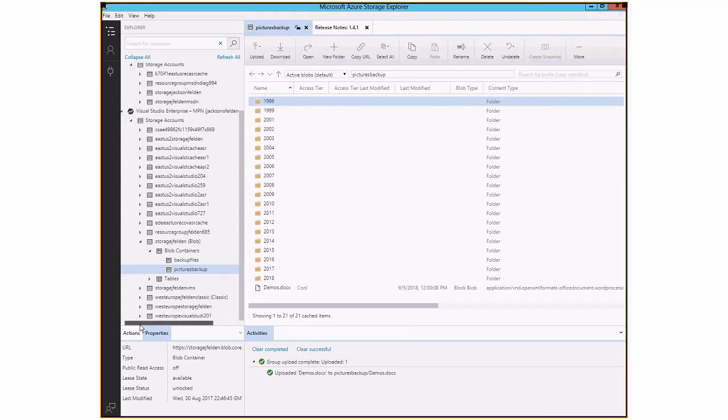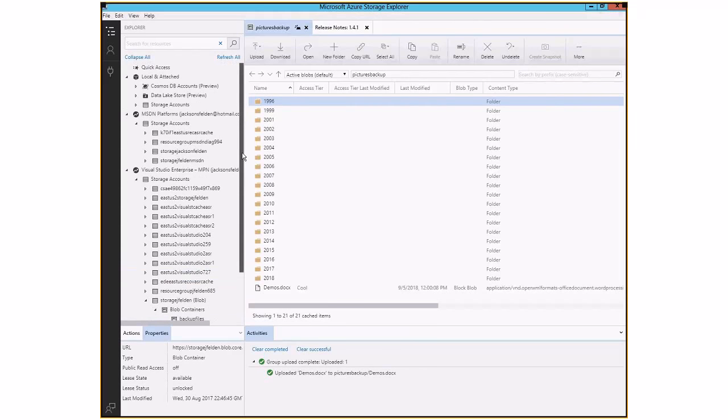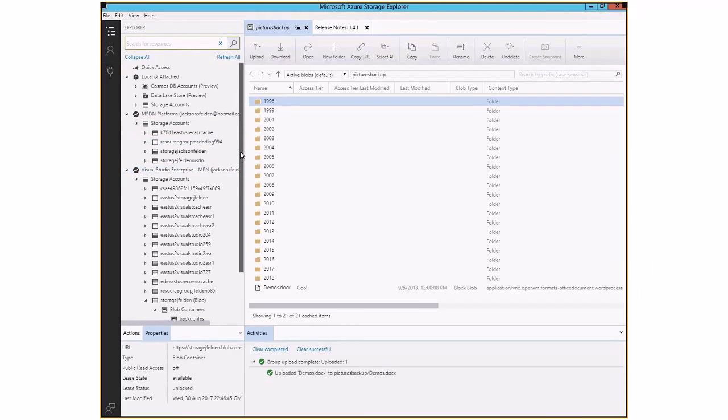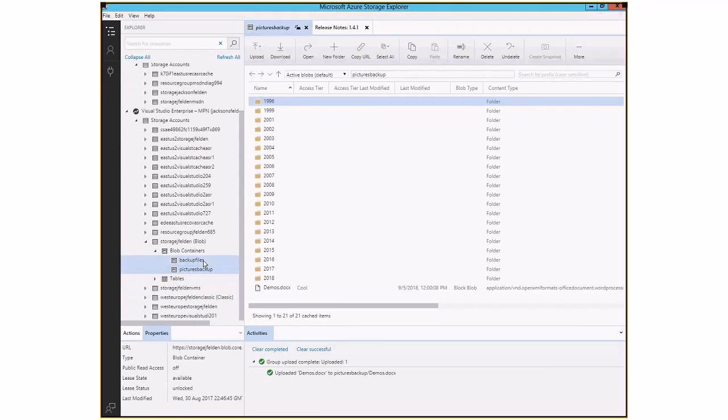Anyway guys, as you can see now, I'm under the Microsoft Azure storage space. Very, very simple. The only thing I had to do is go to the top corner here and do my name registration. I just logged into my 2 subscriptions, and when I click on apply, as you can see, I have an MSDN subscription with a couple of storage accounts, and a Visual Studio Enterprise subscription as well, with a bunch of storage accounts. And what I created was exactly this one here. The name is Storage J Felden Blob.